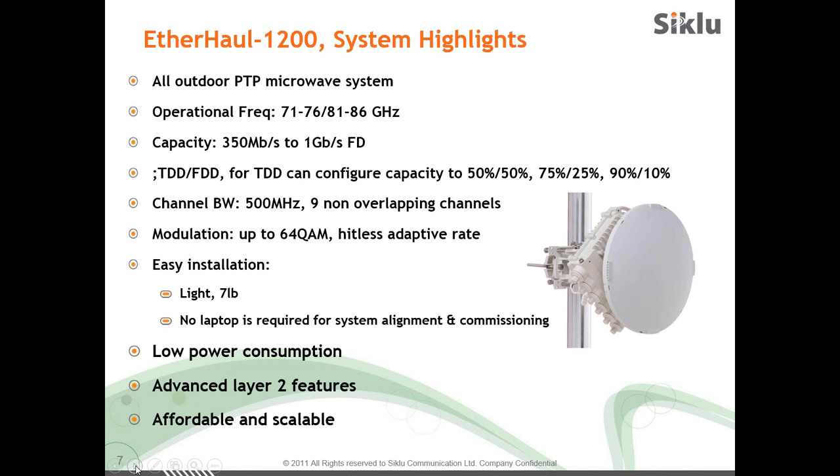Each and every product comes with 9 channels, as we said, 500 meg bandwidth. We run up to 64 QAM. The 64 QAM modulation basically brings you the full gigabit capacity. And another feature that we have built in is the hitless, errorless adaptive bandwidth modulation coding, which basically mitigates